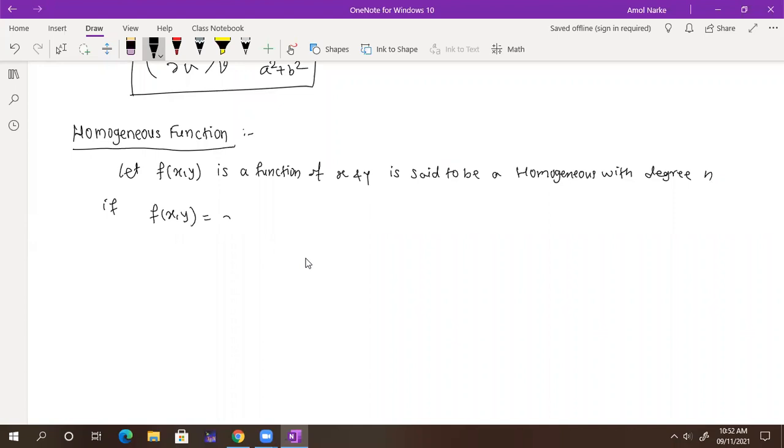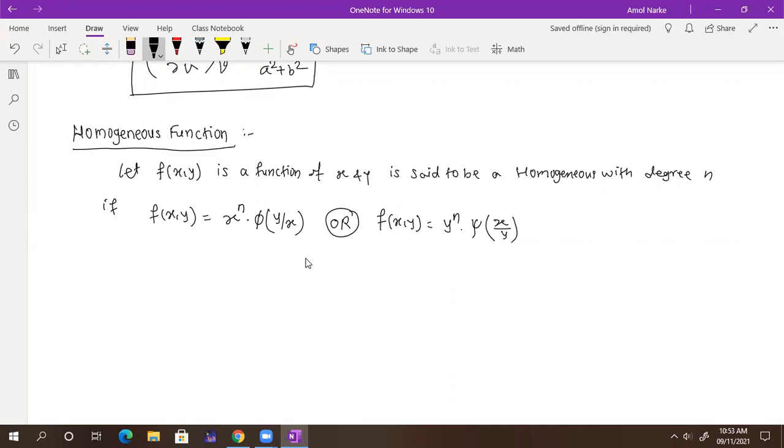is equal to, I'm talking about degree n, it means I'm going to take x to the power n common. You will be remaining with some function. That function should be in terms of y divided by x. Or also you can take y common, no problem. You can take y raised to n common if I am saying degree n. So I will get another function, instead of phi, I will get some psi function. Psi is a function of x divided by y.